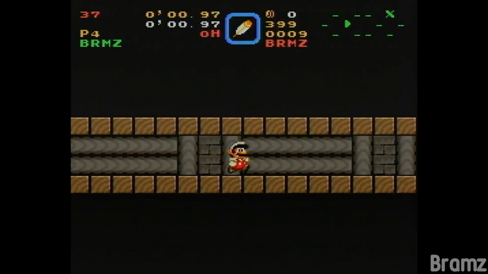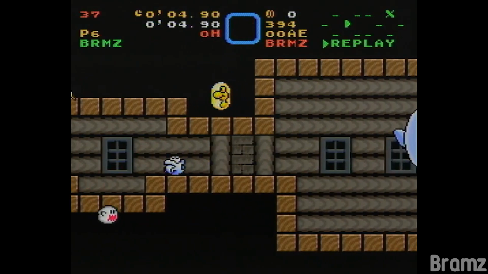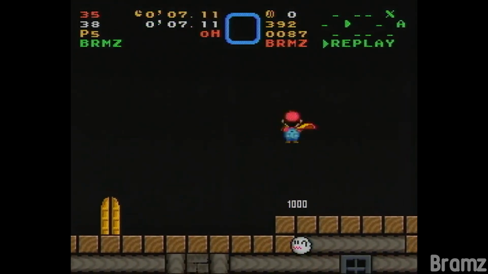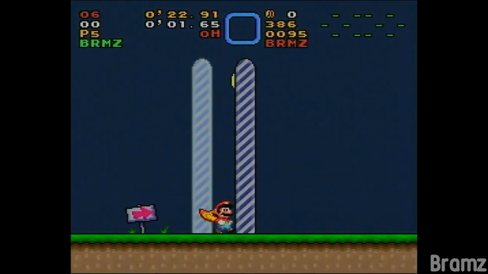The first of those tricks I immediately think of is Forest Ghost House clip. By dropping a cape feather, jumping into an Eerie to shrink, and then turning around and jumping with P-speed, you can collect this cape against the wall and do what is an upward corner clip. I just described this in a very simplified way, and it should be very obvious why this hasn't been done